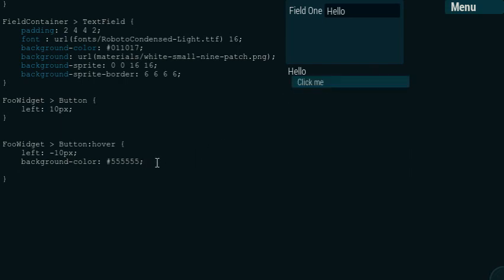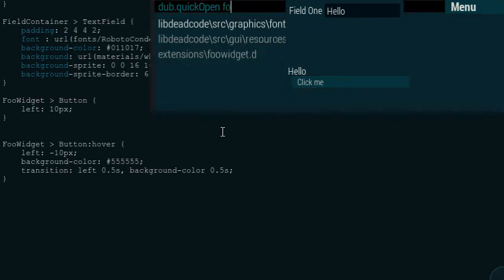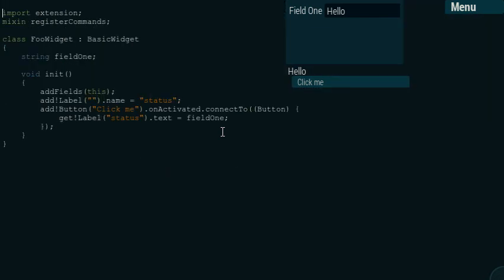And actually transitions will also work. Let's just check that out. 0.5, and let's take the background color as well, 0.5, and we have it animated. So that's cool. Let's just go back to the foo widget and see we can add